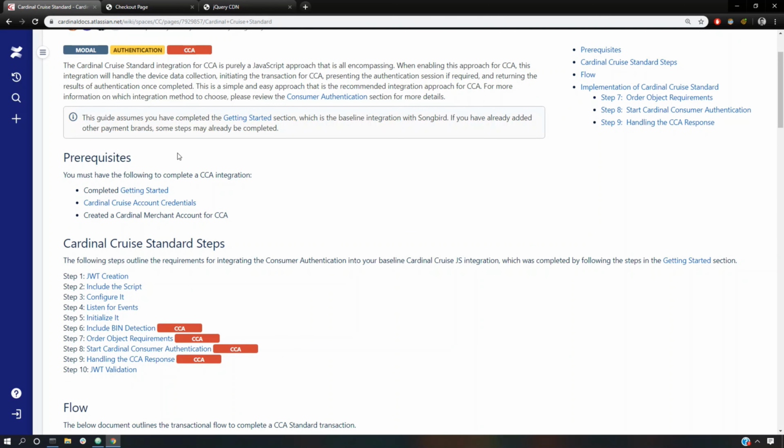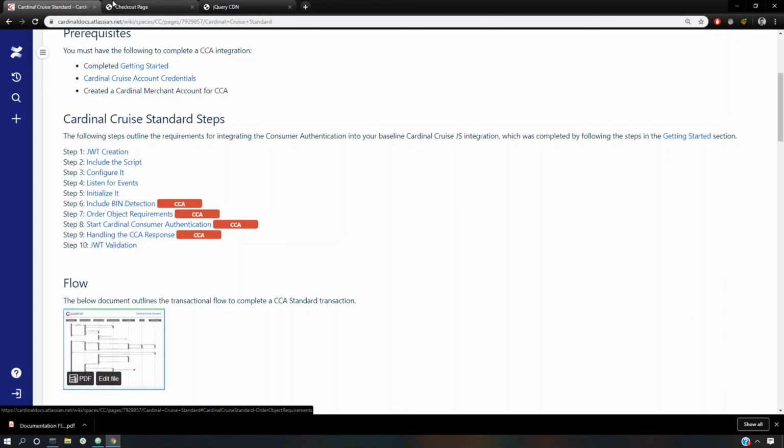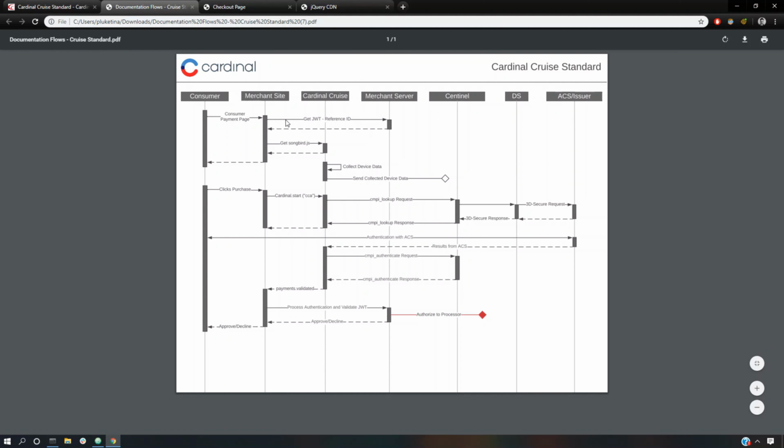So I recommend reading all of this and also familiarizing yourself with the flow. This is the transactional flow for Cruise Standard, so we're going to open that up to see what it looks like. In this part, we did all the steps from getting started, and we can see here the JWT creation, getting and initializing Songbird, and after that, there's going to be device data collection. This is going to get the browser user agent, the width, the height, the color depth. It's going to get all that information, and then send it through Sentinel so it can be